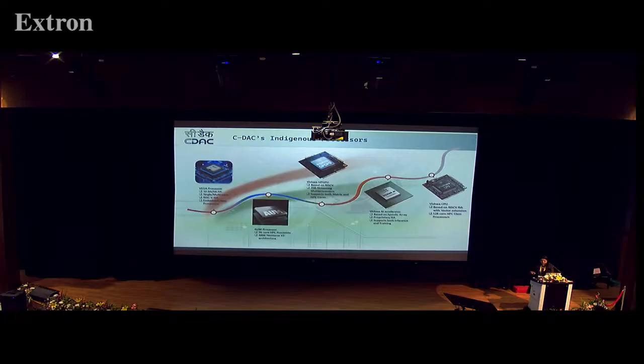Along with the HPC CPUs, we also have a plan for the release of our own indigenous GPGPUs as well as an AI accelerator. The GPGPU is based on the RISC-V architecture with our custom instructions, and it supports both matrix cores and HPC cores. And our AI accelerator is based on a systolic array architecture. It has a proprietary ISA, and it supports both AI inferencing and training. So this is basically our roadmap for achieving total sovereignty in processor technology in India.